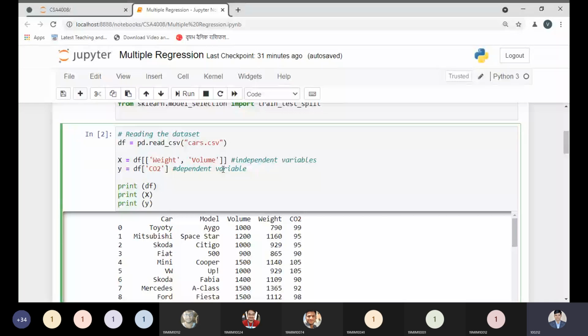Each and every engine has its own CC. CC means cubic centimeters. So definitely the volume of the car engine and the weight of the total car are required parts, and weight and volume are independent variables because both are not dependent on each other. But CO2 is generated after consumption of the power of fuel.